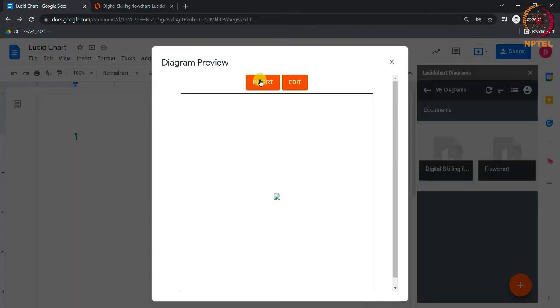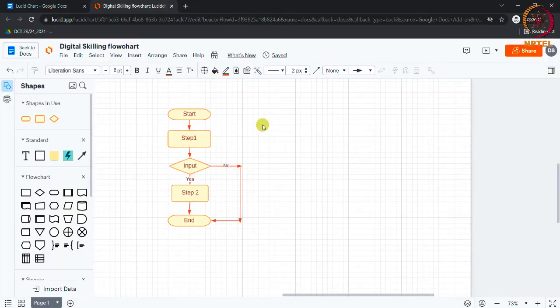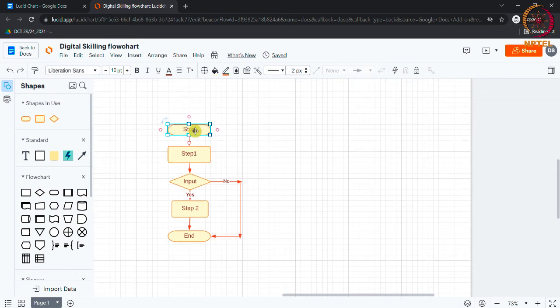Click on the Insert option to insert the diagram in the document. If you wish to edit this diagram, you have to select this diagram and you can edit this. You can make the necessary changes here and save it again.